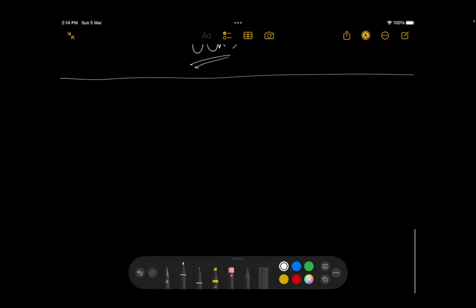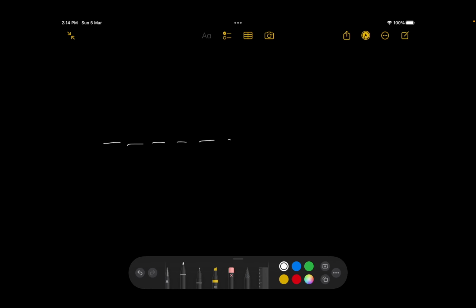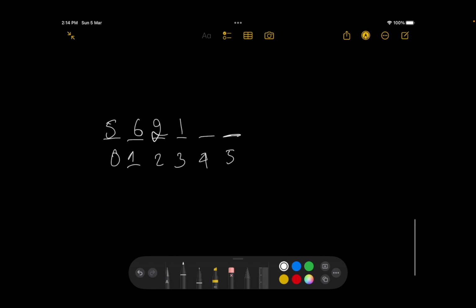So what is a better way of doing it? I'll take these elements and provide them indices. So already they have indices, 0 1 2 3. What's the point of providing them indices? The point is that I want to sort them, and then provide them indices. So the element that is the smallest, let's say this was 5, this was 6, this was 2, 1, then 7, then 8. This would have the index 0, this would have the index 1, 2, 3, 4, and 5. So by this, what would happen is that when I reach any particular index,